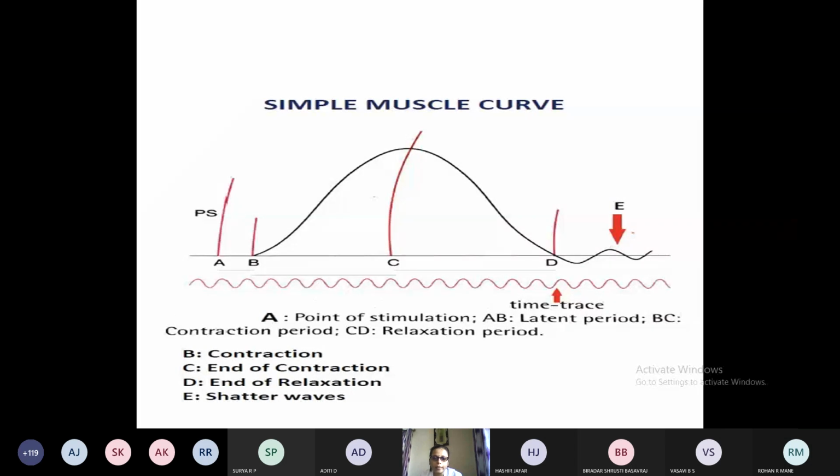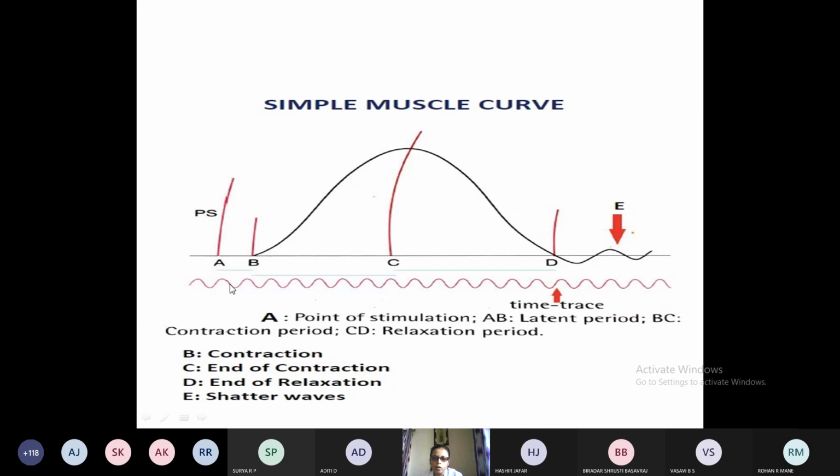So how much is the latent period here? You count from A to B, and it has almost 2 waves. So what will be the latent period? 0.02, like that you can measure. But here you can take the intact one curve. If we go more precise, from A to A there is only this one curve. So one can say that the latent period in this curve is 0.01 second. That could be a normal one.